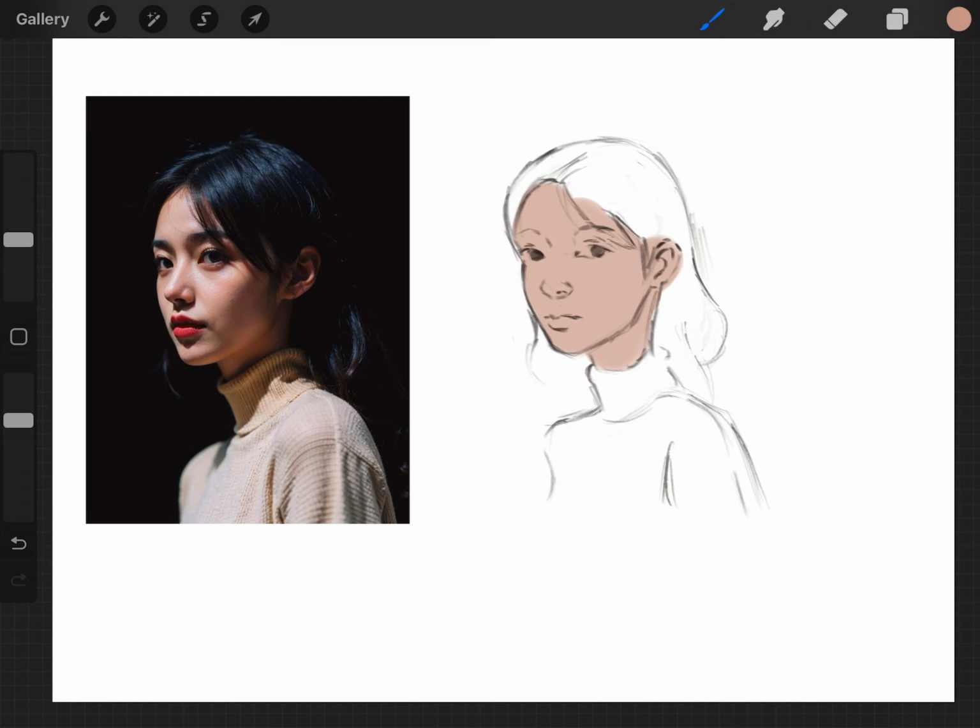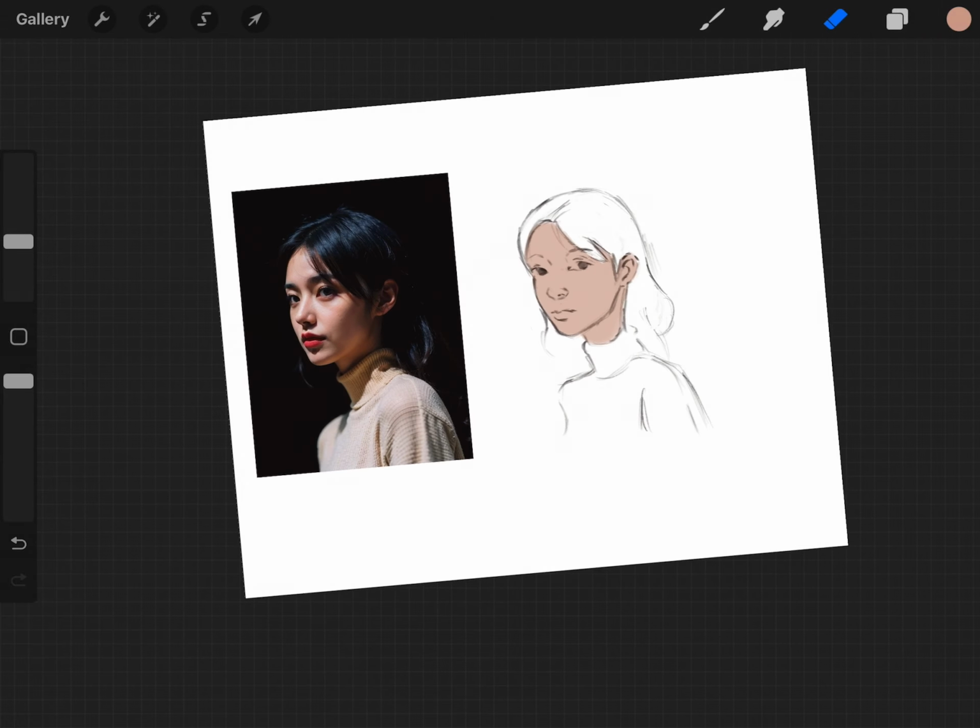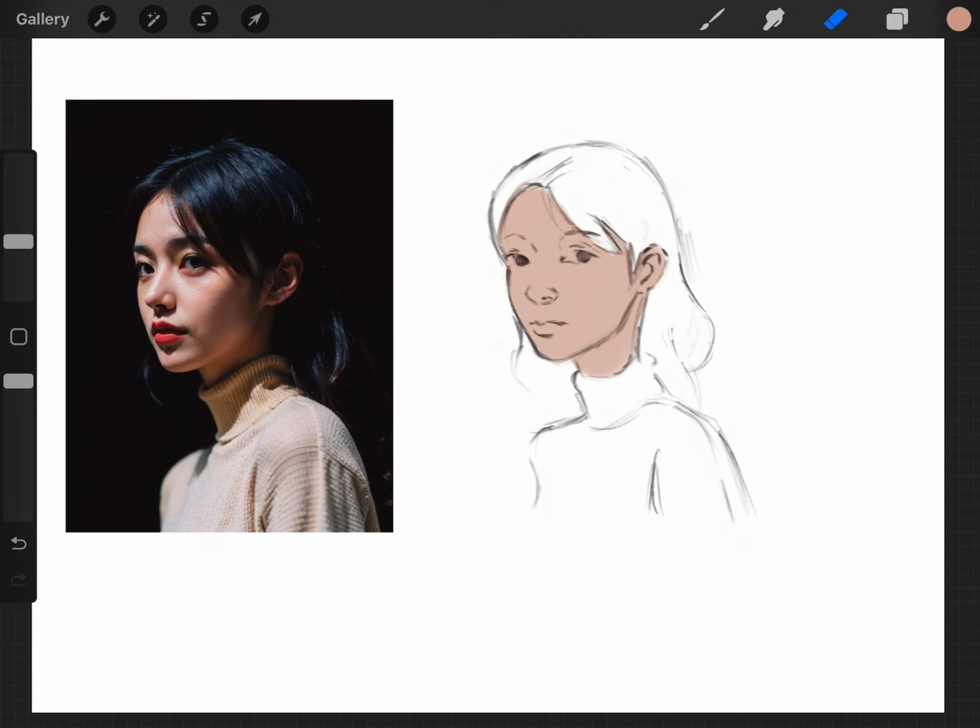And it's important that your base color is relatively correct. Like, it probably won't always be 100% because you're eyeballing it. But it's important that it's close because the rest of your colors are gonna be based off the first color that you put down. So you can see we've got our overall skin tone,